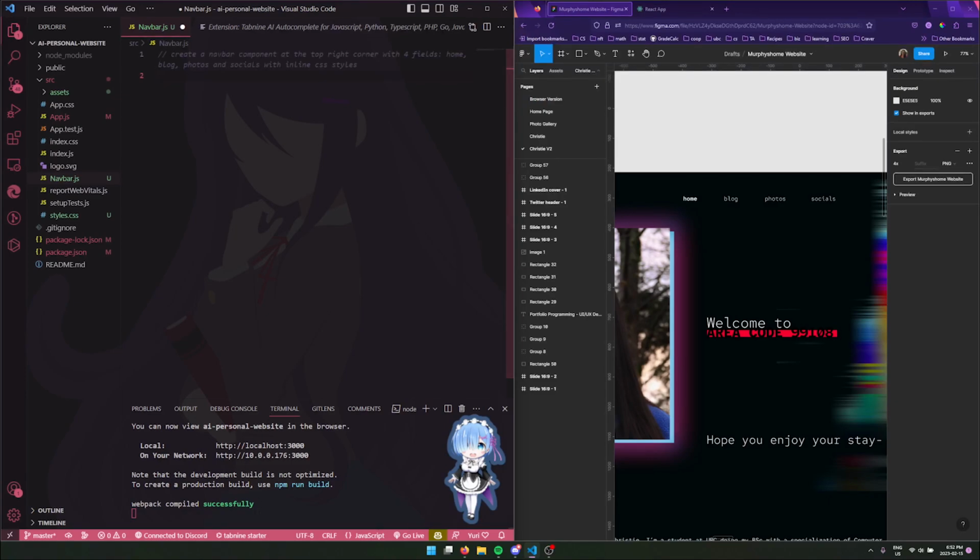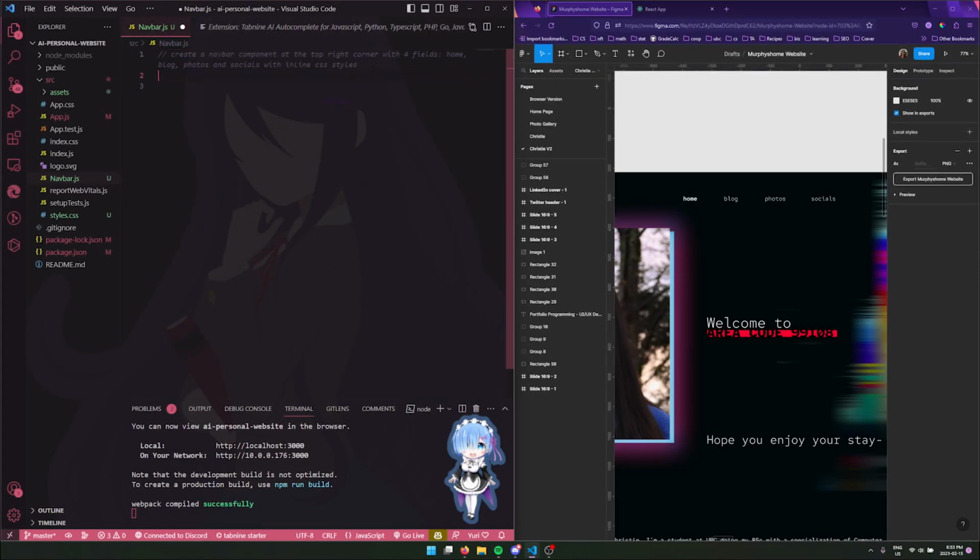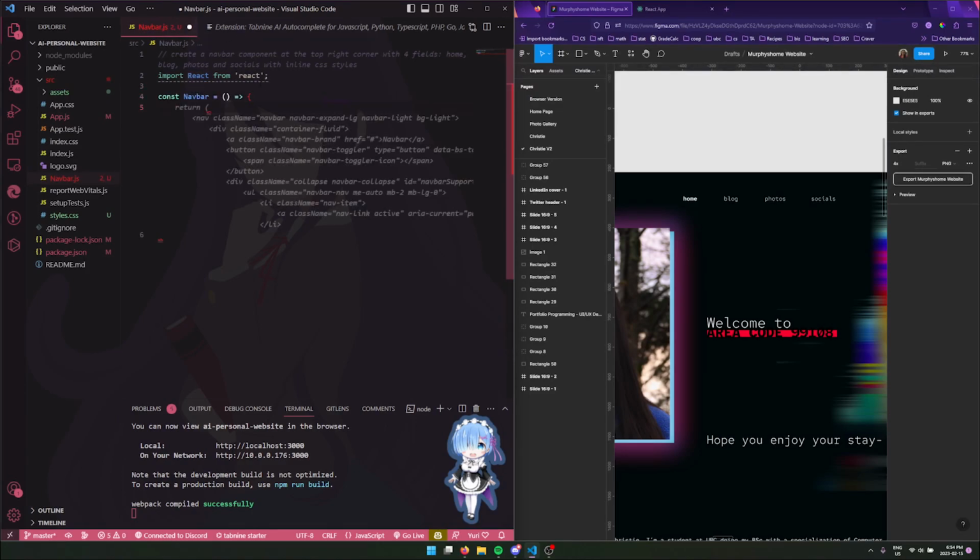Right now I have Tabnine enabled. But the thing with Tabnine is that it can only do inline. We can also look at the different choices. Let's say we want to only import React, because I don't want to have to install all of the other ones. So this is what we're going to go with. I'm just going to skip over this part.